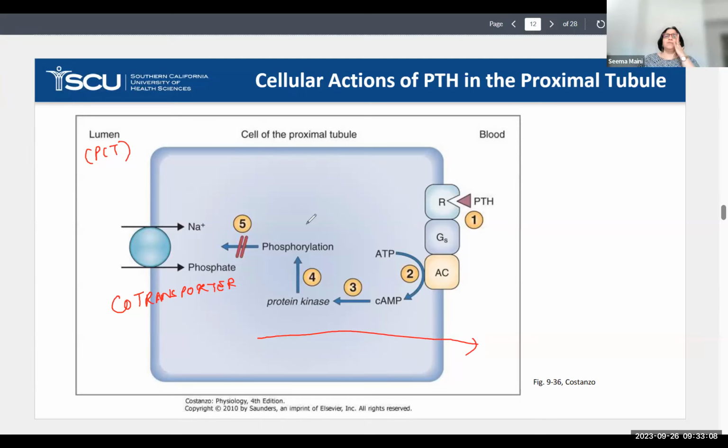Make sense? Of course, you'll find out through this course that in the kidney tubular cells you have a sodium potassium pump everywhere. And this sodium potassium pump causes deficiency of sodium ions inside the cell. Because of that, there is secondary active transport of phosphate ions along with sodium ions through the sodium phosphate co-transporter. It is not important what kind of transporters we have. What is more important is that on the cells of the proximal convoluted tubule, when parathyroid hormone binds,